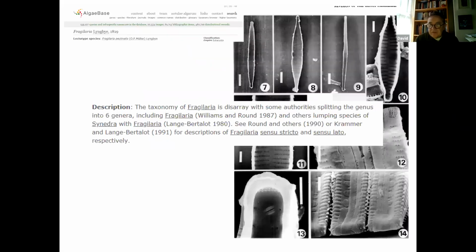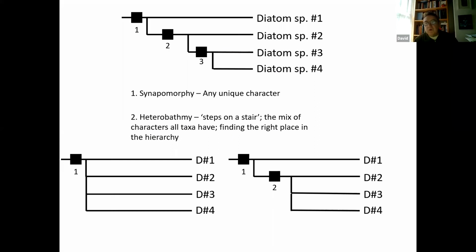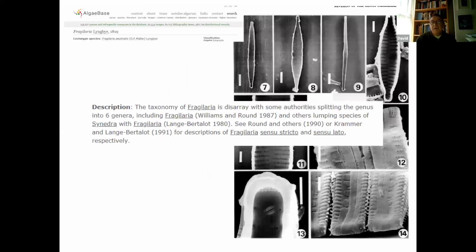That's about it. This is the last I'm going to talk about anything that has a theoretical basis to it. I think that's it. We probably all know that. Let me see how that works in practice in terms of people who want to have identifications as opposed to worrying too much about how classifications are formed. So what I want to do is just talk about, and perhaps avoid trying to bore you with, the genus Fragilaria. Why do I want to do that?